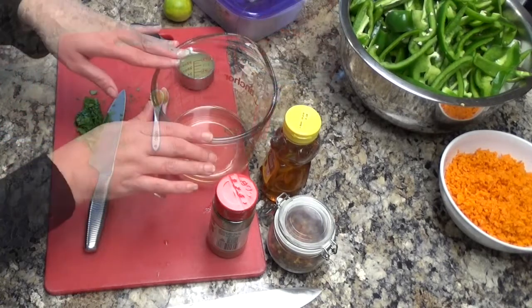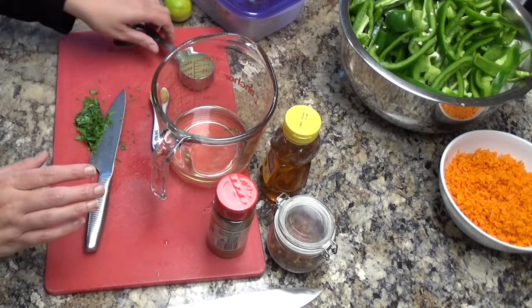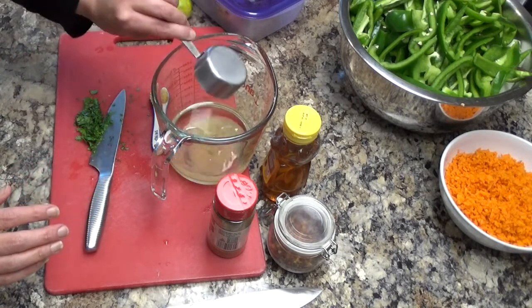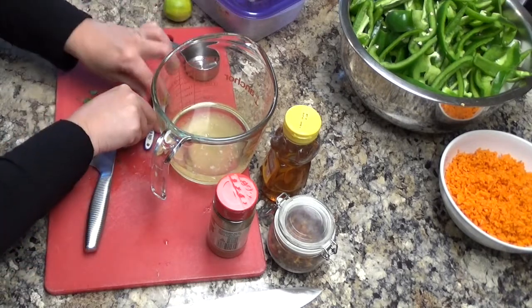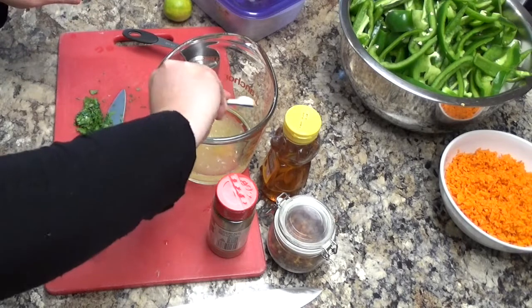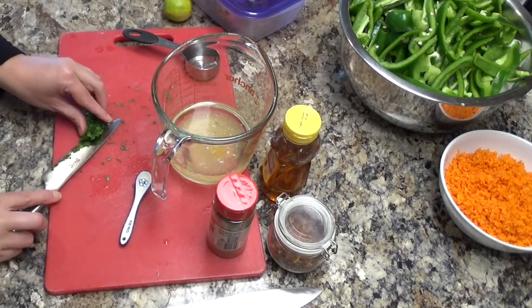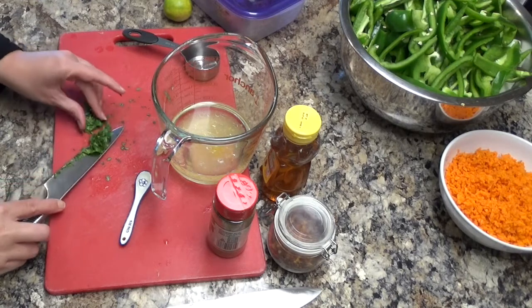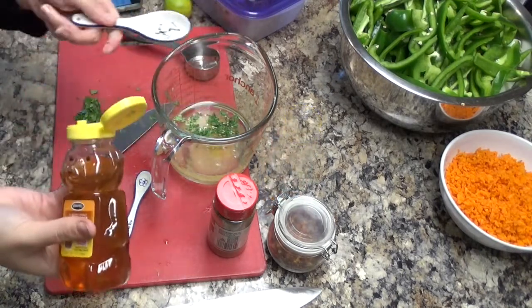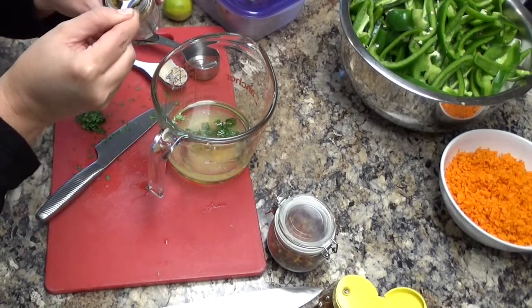What you're seeing in this large measuring cup is a half a cup of canola oil, and to that I'm going to add in 1/4 cup of lime juice, 1/4 teaspoon of minced garlic, make sure you get all of that in there, and a tablespoon of fresh chopped cilantro. To that, we want to add in 1 tablespoon of honey. So you want 1/4 teaspoon